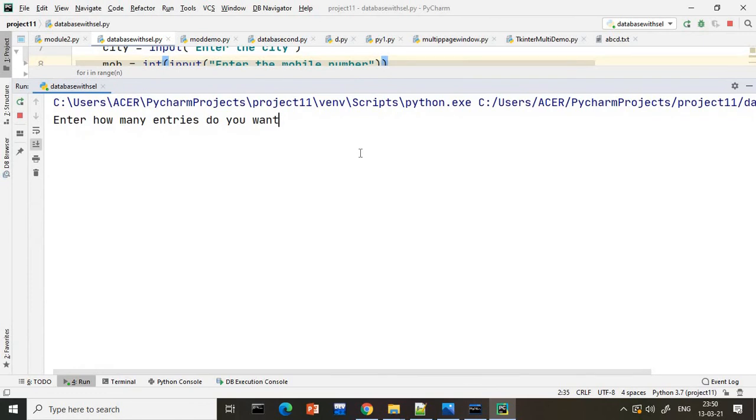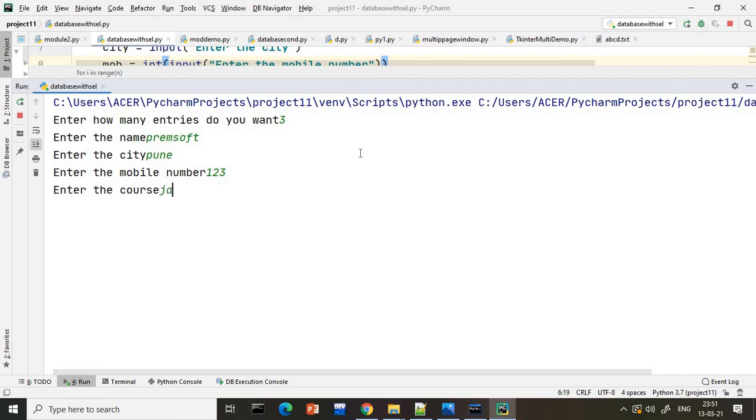I am giving here how many entries you want? 3. So enter the first name, let us say Premsoft, city is Pune, mobile number I will give randomly, even 10 digits will be accepted guys. Course I am giving Java. Done.